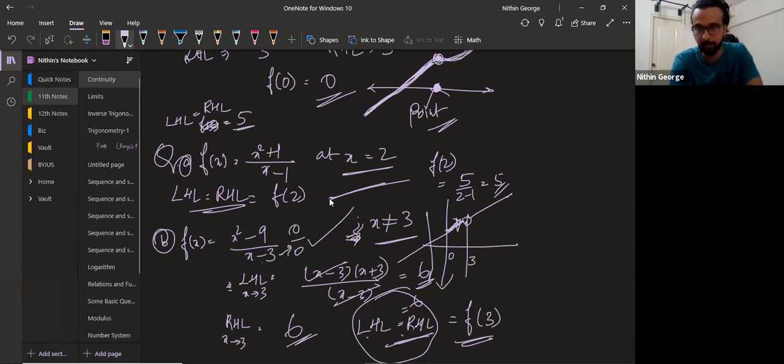You see that it's tending towards 6 from this side. The limit being equal to 6 is defined, but the value of the function at that point is not defined. So immediately you see that it's not continuous, because as you draw the graph, I'll have to lift my pen here and then continue from here. All right, following?